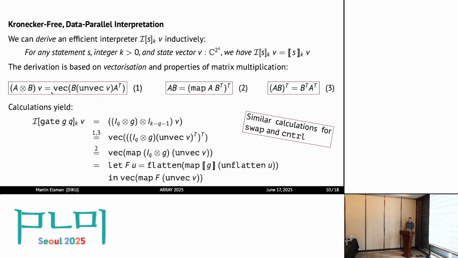So here we see the vec and unvec operations in action. I'm being a little bit sloppy with the notation here, in particular we are not providing the sizes. But when you see that B needs to be possible to apply to another matrix, unvec of V, that will define the size, the type of the result of unvec, which means that we can infer that based on B. And then again, the other dimension is that A transpose also needs to be compatible.